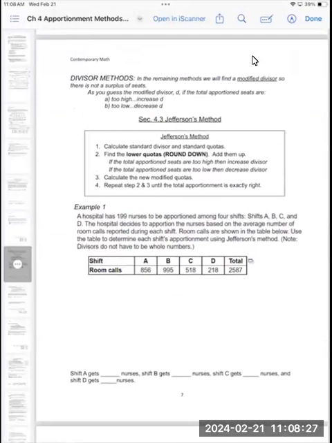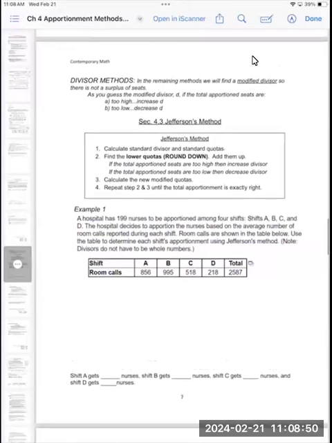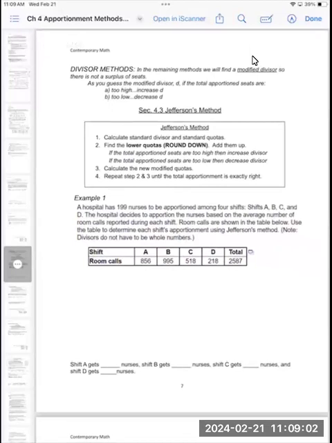asks us to calculate the standard divisor and standard quotas, and then find the lower quotas. So we would just take the standard quotas and round all of them down, and then add them up and see what that adds to. If the total apportioned seats is too high, then you're going to increase the divisor. If the total apportioned seats are too low, you're going to decrease the divisor, and you're going to calculate the new modified quotas and then add them up, see if it equals the total number of seats that we're trying